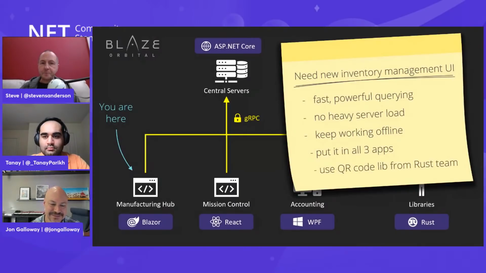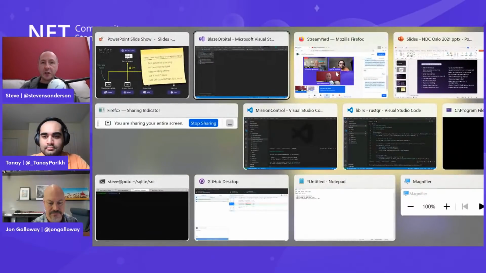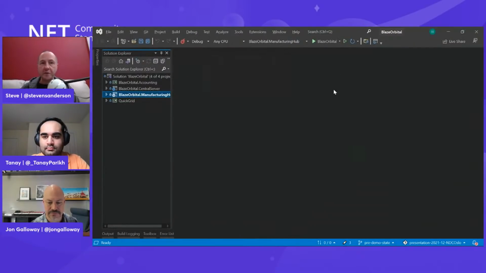And then finally, we need you to be able to print these shipping labels with QR codes, and the Rust team has made a library that makes QR codes. So I don't know how you're going to consume a Rust library, but just do it, okay? So those are the requirements for our application. And let's have a go at doing them and seeing which of the Blazor .NET 6 features would help us to